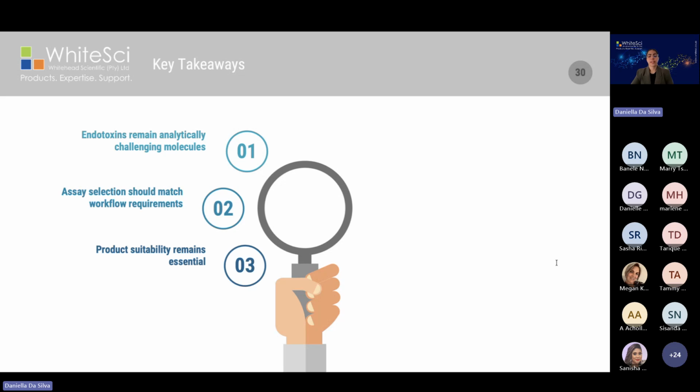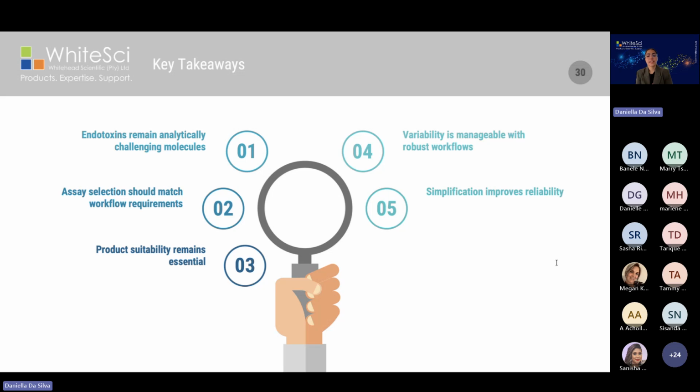Third, product suitability testing remains essential. Before we can trust an endotoxin result, we need to demonstrate that the assay performs reliably within the specific sample matrix that it's being tested in. Fourth, many of the sources of variability encountered in endotoxin testing are manageable when laboratories implement robust, standardized, and well-controlled workflows. And finally, simplifying workflows often improves both the efficiency and the reliability by reducing opportunities for variability and even